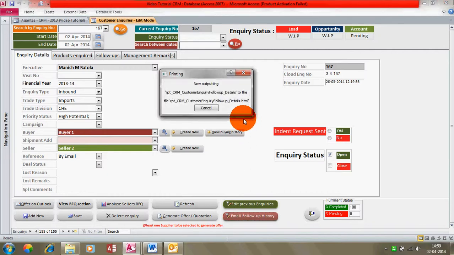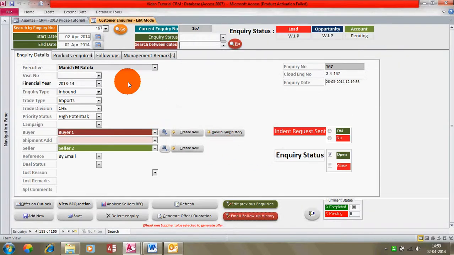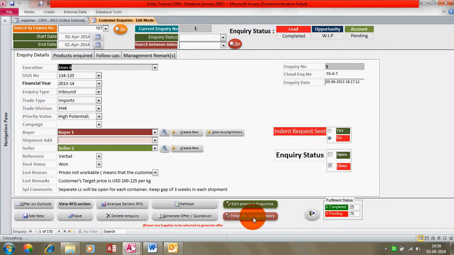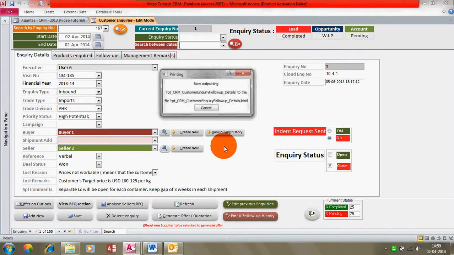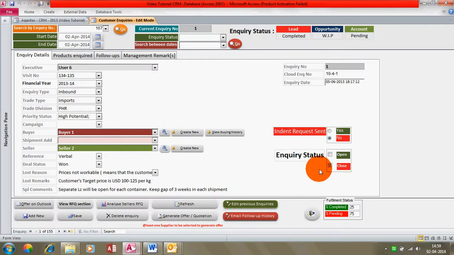So this is how you can get the emails. I'll just take you to the first one. Here we go. We have some follow-ups here. Just a demo entry. So you can get these things like customer follow-ups, dear user, name of the user, inquiry number 1 for buyer 1 is closed and doesn't require a follow-up because this inquiry is already closed.